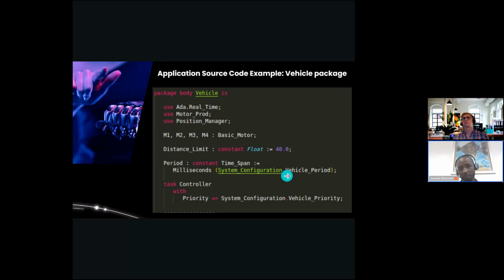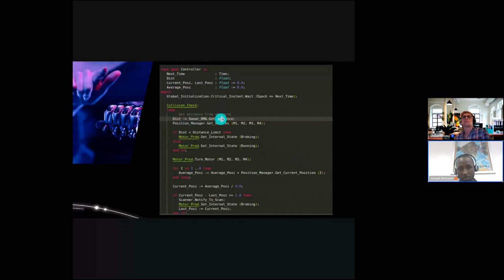We have a period, which comes from another package called system configurations. So this package acts as the whole system configuration. Inside, you can find different priorities for every task running in the system. Over here it is a little bit small, but here is a task body named controller, which will act as a closed loop. This task calls 5 client functions named get distance, get sample, and set internal state, and also get current